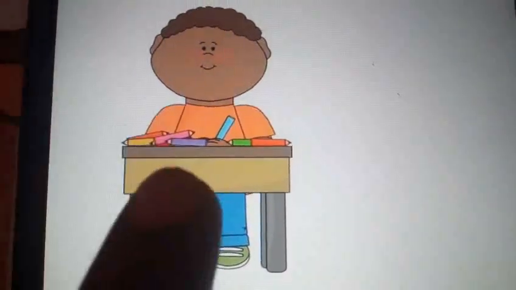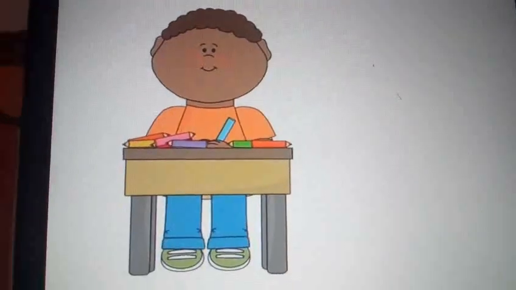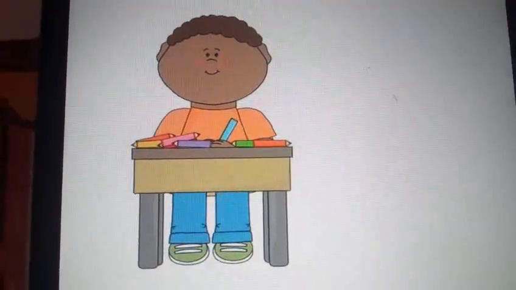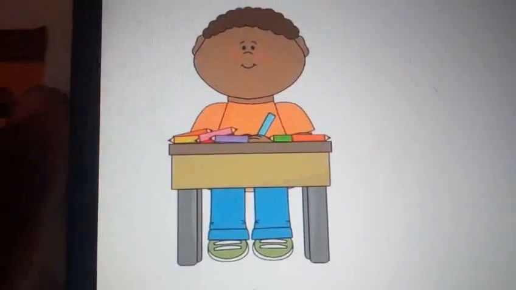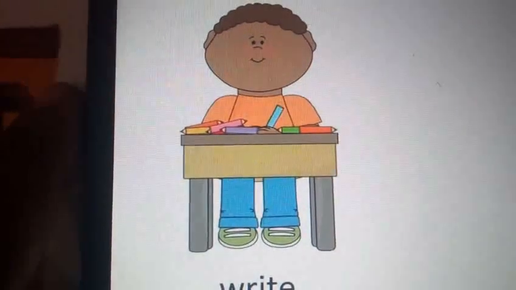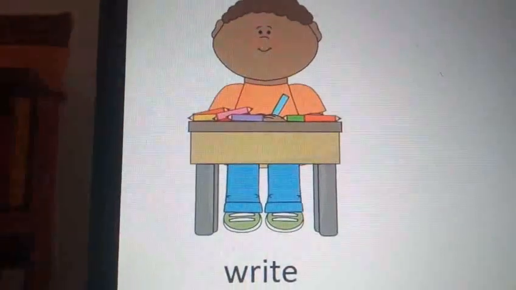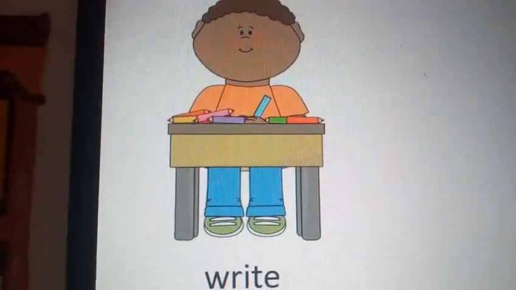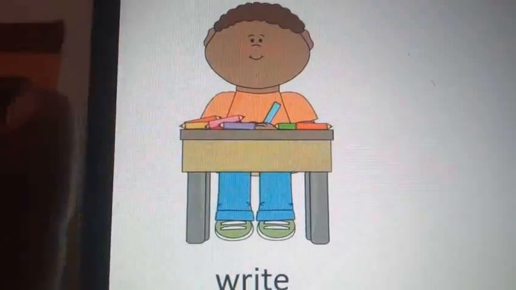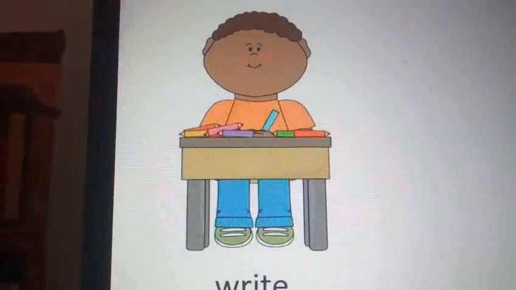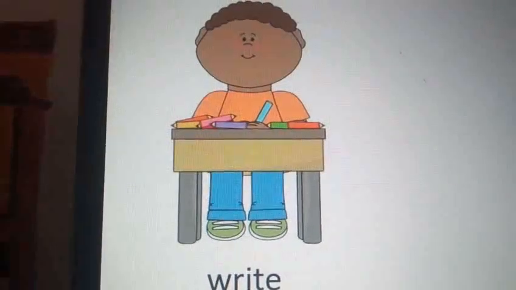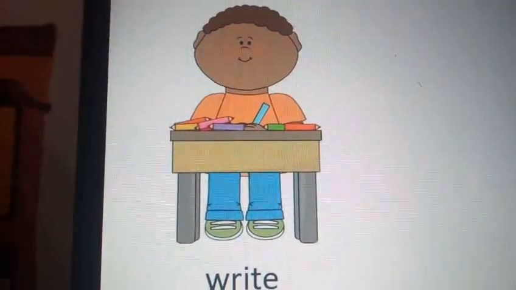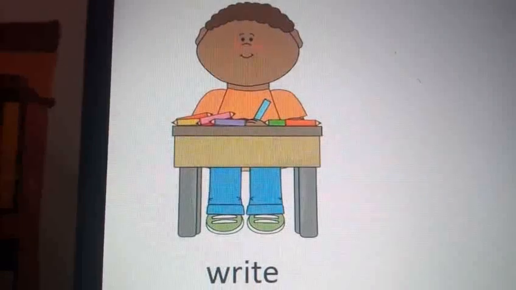Yes. See that? This is my desk. I write quickly. I run slowly. I do not speak fastly. This is about my drawing. What is the topic name? Things I do in my school. Just you have to do more. This is my drawing and some sentences about this topic. This is my desk. I write quickly. I run slowly. I do not speak fastly. Right? These are the things I do in school.